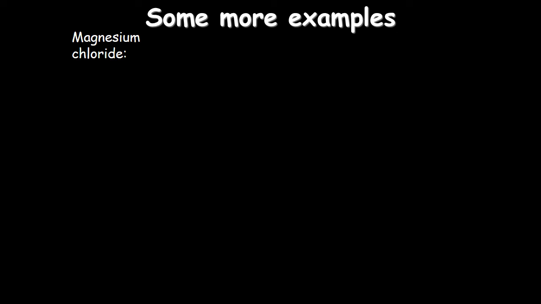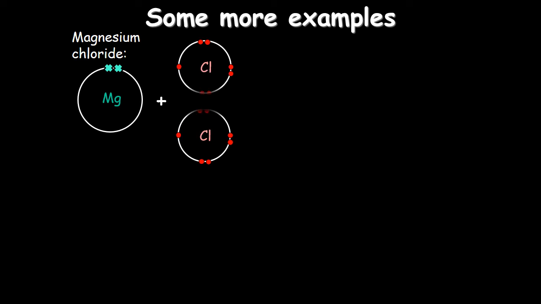Now what's interesting is that you can use the knowledge of the ions, the table that I've shared with you earlier, to help you work out the formula of your compound. So magnesium is in group 2, which means it has 2 electrons to give away. But chlorine is in group 7, which means it can only accept 1 electron. So for each magnesium atom, we need 2 chlorine atoms. Magnesium gives away 2 electrons, each chlorine can